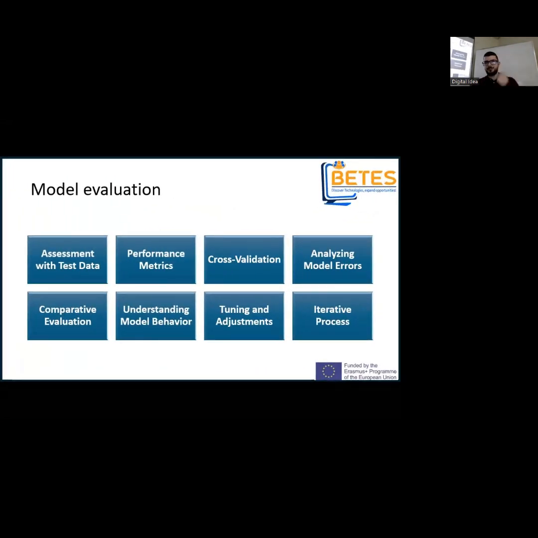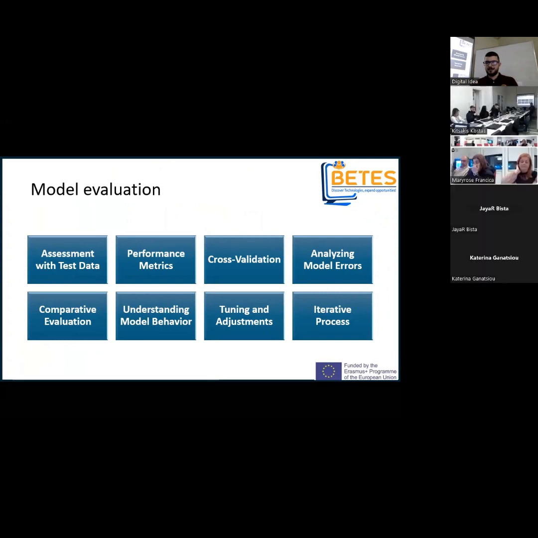We have the model evaluation steps. So we first assess with the test data. We measure the performance metrics. We cross-validate with techniques such as k-fold cross-validation, for anyone with a statistical background.